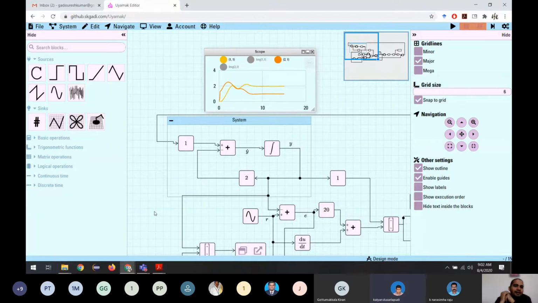Okay. In control systems, what we say control is if you want some system to behave the way you want. For example, you have a robot and you want it to move in a sine wave function. So you have to give voltage in such a way that the robot arm moves in a sine wave, right? So you have to give the reference. You have to say that I want the curve to be like this, and you make sure you do whatever you want to do, but give the output the way I want.